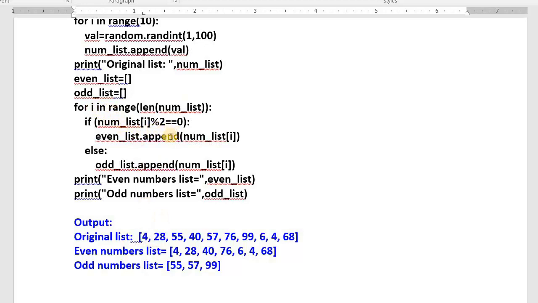Yes. Yes means you need to add it in which list? Even numbers list. Otherwise add into the odd list. How do you add it? We use the append method. Like this it works for all the values from that random list, because of which two more new lists are created. One is the even list, one more is the odd list. Now your duty is to print them on the terminal. How to print? Print even numbers list is so and so, odd numbers list is so and so. See the output. We have even numbers, we have odd numbers.